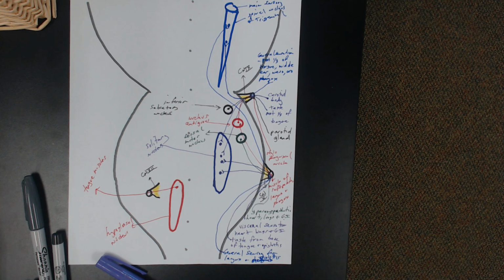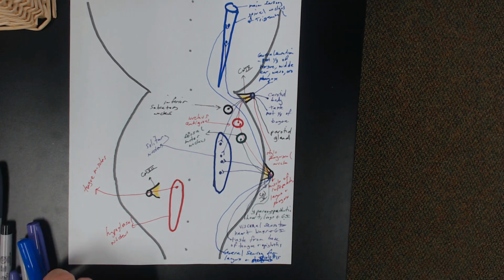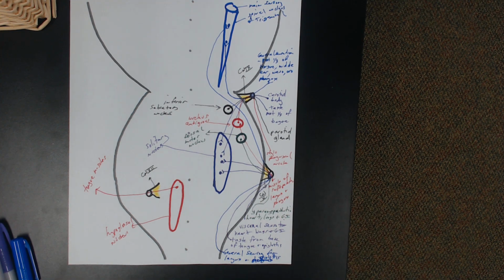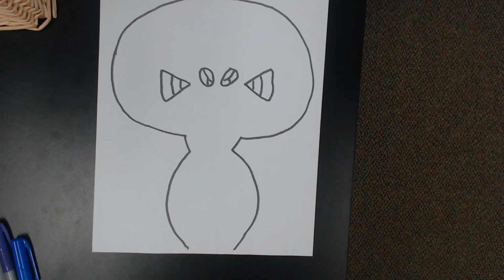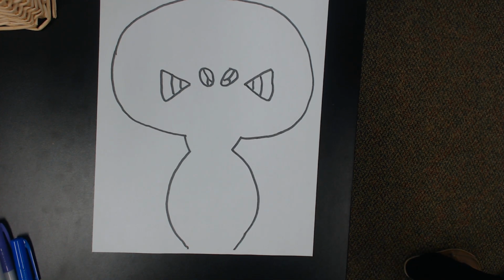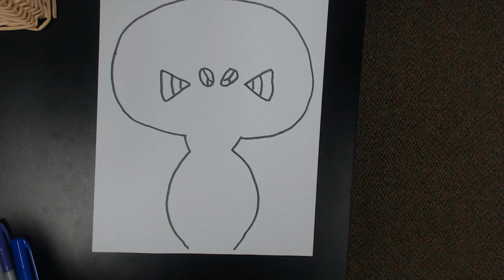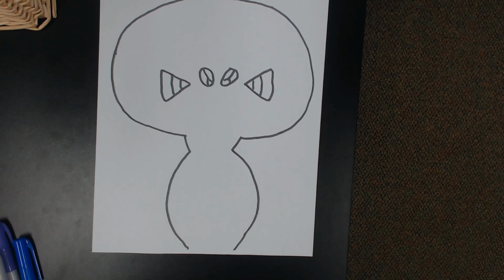Questions? Is it making more sense this time around? Yeah? Perfect. So, moving on. Let's look at the sensory cranial nerve pathway. So the cranial nerve that has the majority of sensory information coming in is going to be your trigeminal nerve,